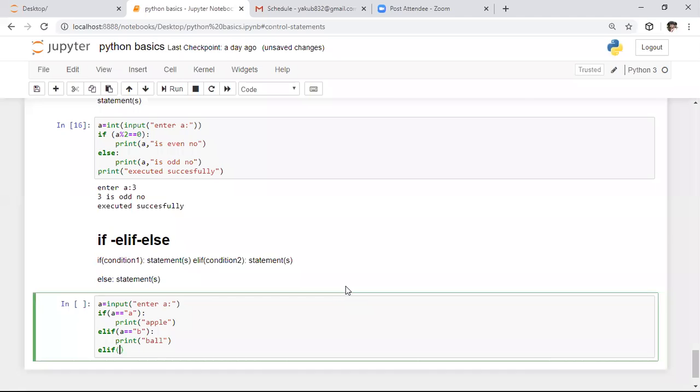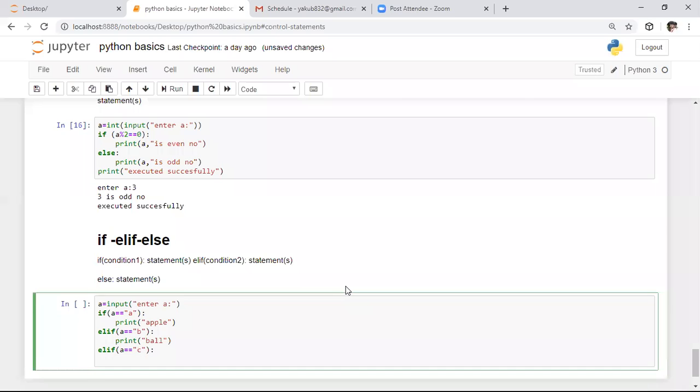If the given input is equal to character c, we need to print the output cricket.